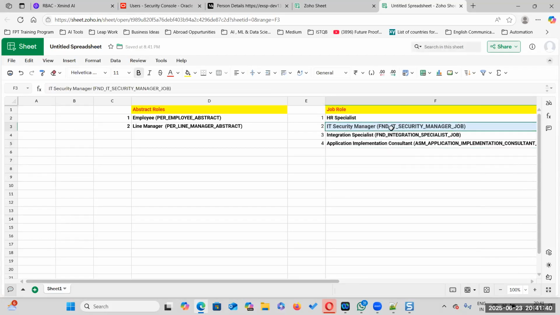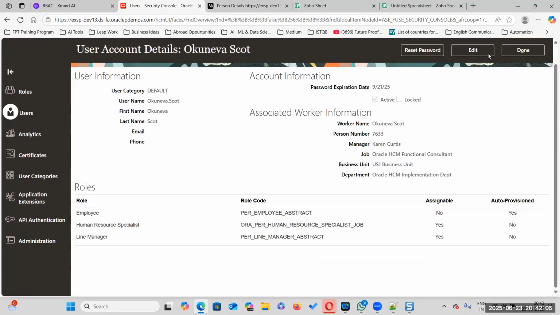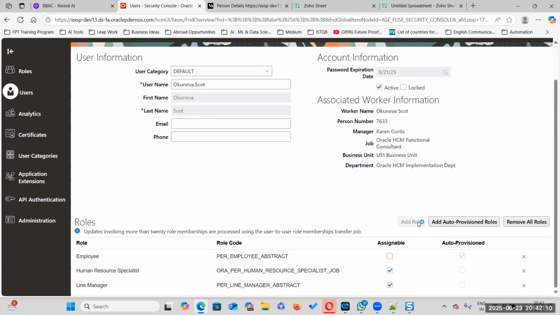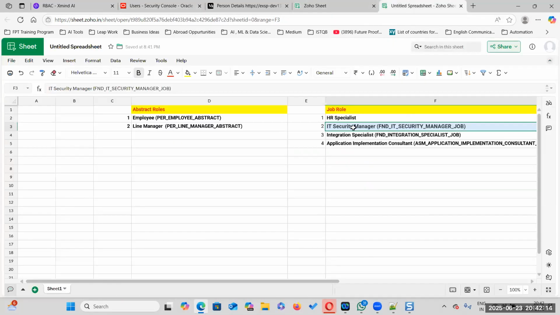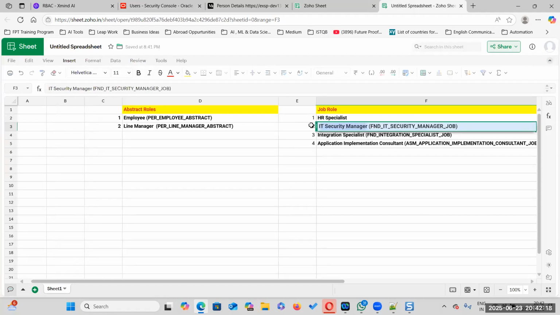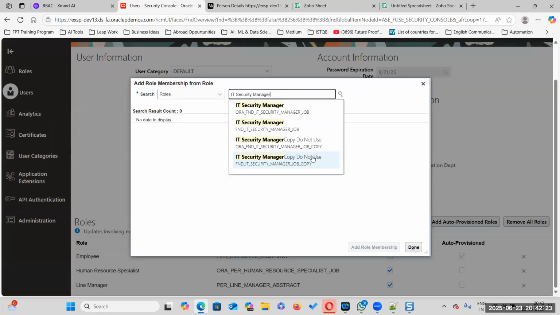Now I want to add IT security manager for this particular person. Let's search for the person. Click on edit and click on add role. What is the particular role I have to add? IT security manager. Search for this one.